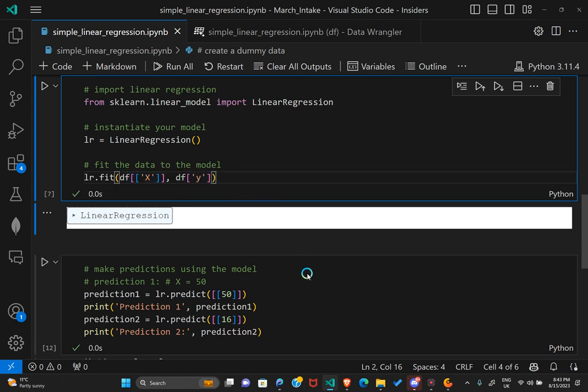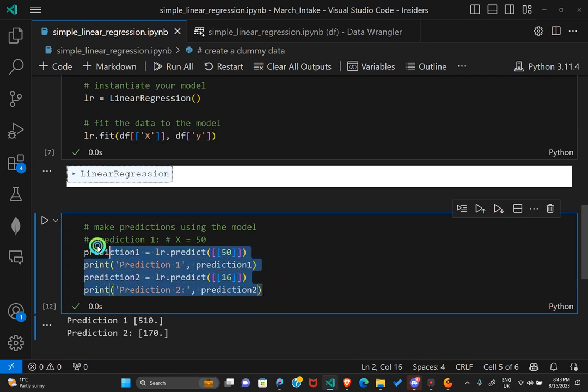So after fitting, you make predictions. So you make predictions using the model on unseen data, and this is the prediction part. So we won't be following this format maybe in upcoming classes, but since this is a simple linear regression class, I've used this format to show you